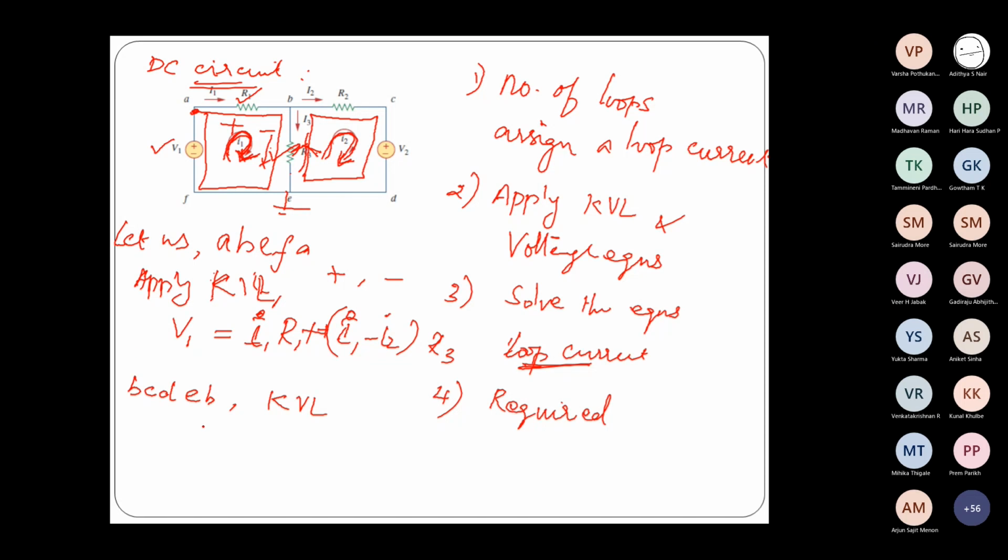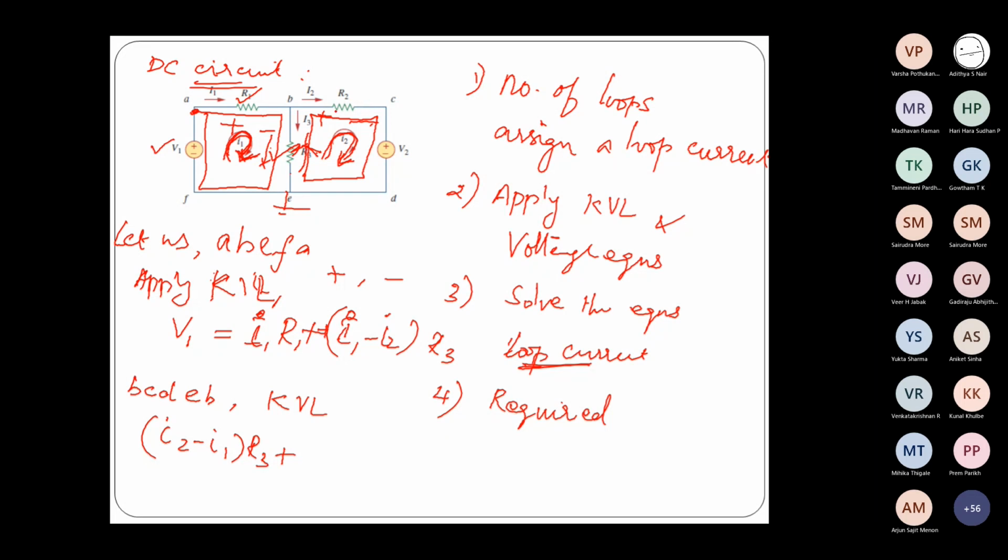Okay, so now for this loop, what is the voltage across R3? Again, this is a common element. With respect to loop 2 we are writing the voltage equation. So I2 is in the same direction and I1 in the opposite direction, so it's going to be I2 minus I1. With respect to loop 2, it's going to be I2 minus I1 into R3. Okay, and then plus these are all the drops. Here again the current is flowing from higher potential to lower potential, so this is a drop.